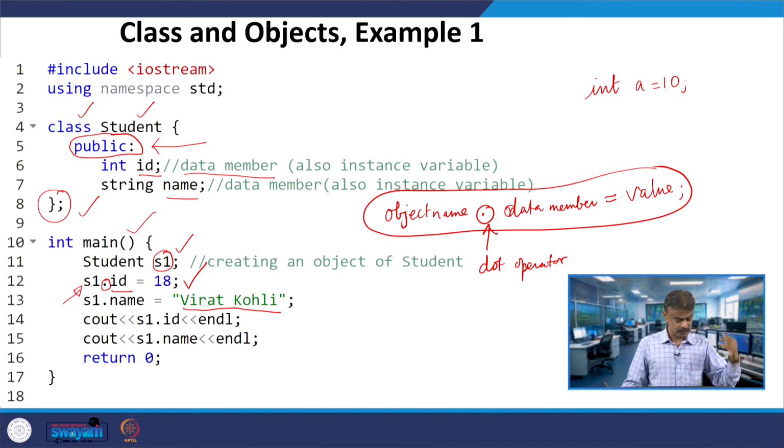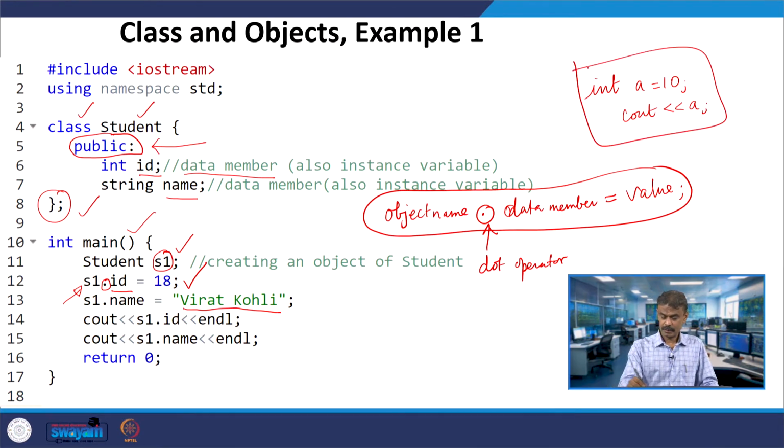The next two steps are to write the output: cout S1 dot id. Suppose in procedural oriented programming you write int a = 10 and cout a, you know the value will be 10.